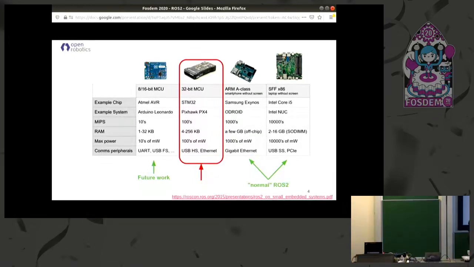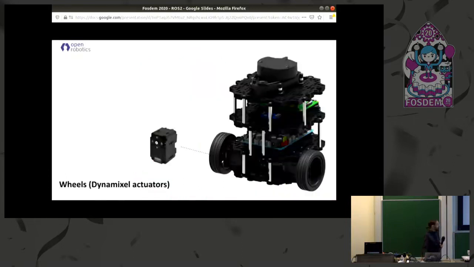On the other hand, we have the 32-bit MCUs. This is the one that we have in our robot too. That was the target for ROS2, as the smallest ones are future work. But back to our